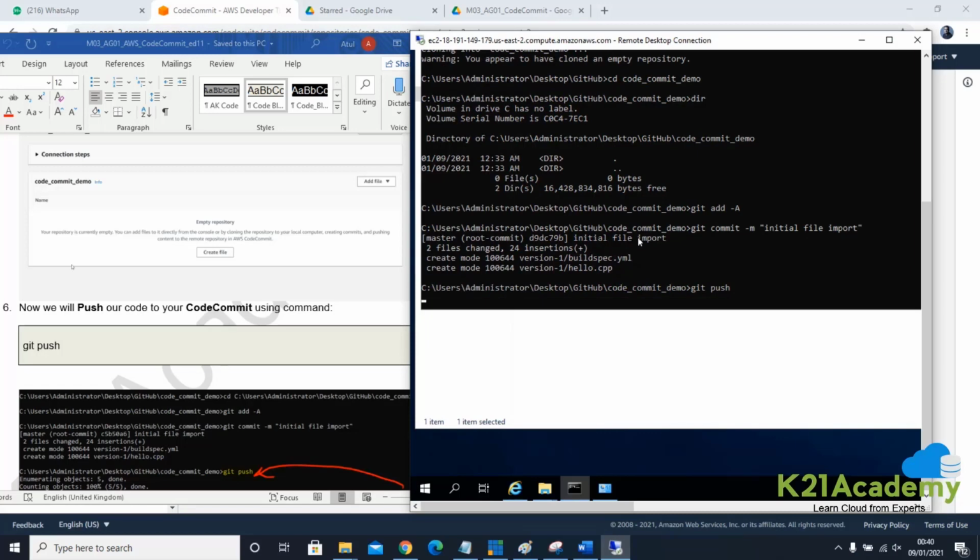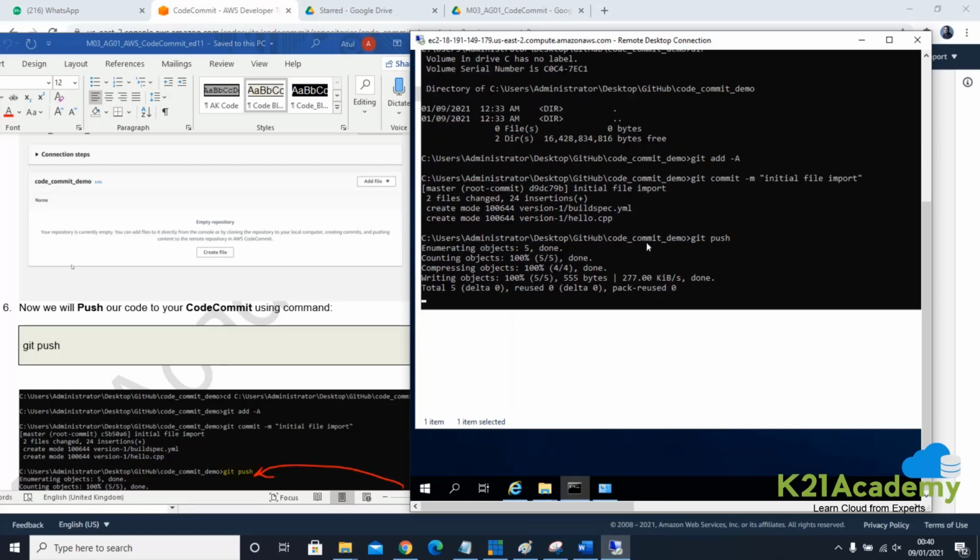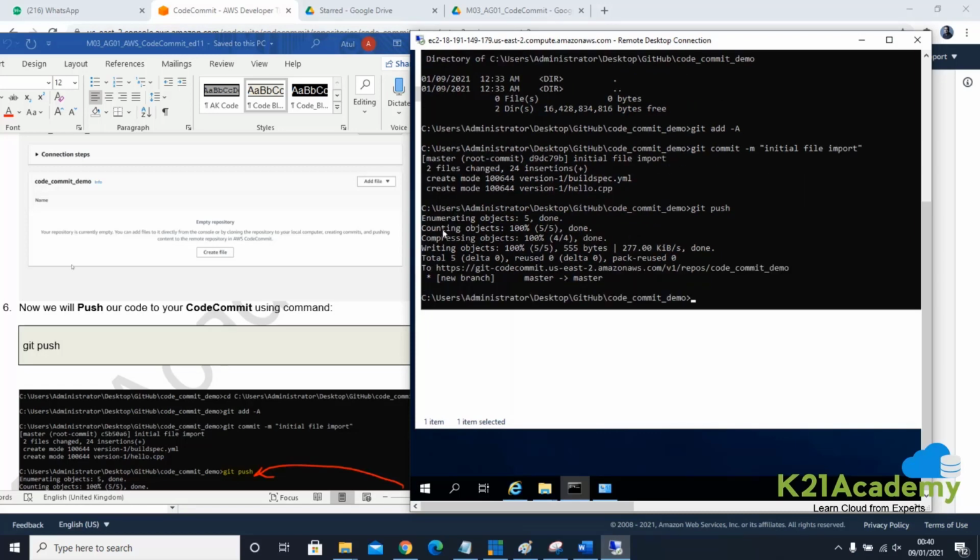Hit enter, and this will say, counting objects 5, 5 done. There are 5 objects, maybe folders or everything. Whatever was there, it added a new branch, master, and copied those files onto the